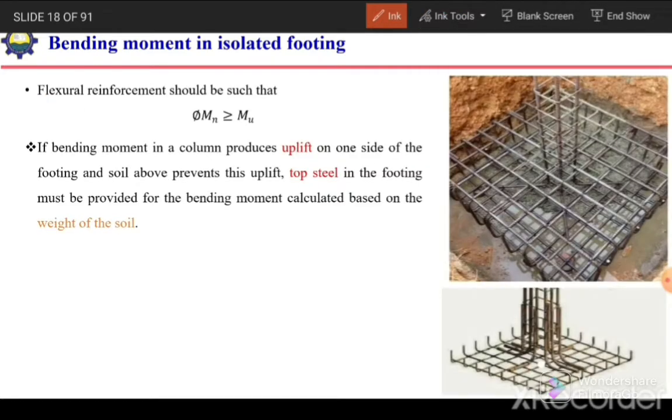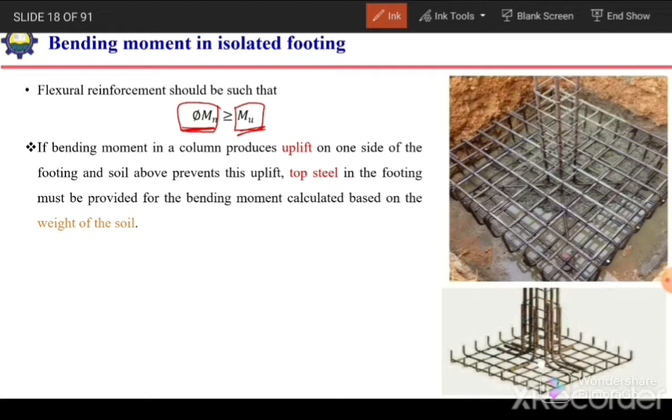Flexural reinforcement should be such that the nominal capacity or the design capacity of the footing against flexure should be more than the applied bending moment. So we need to provide the reinforcement to increase its flexural capacity, and the flexural capacity of the section should be more than the applied bending moment in both directions, shorter as well as longer. And this Mu is the applied bending moment at a critical section, which is normally at the face of the column in case of